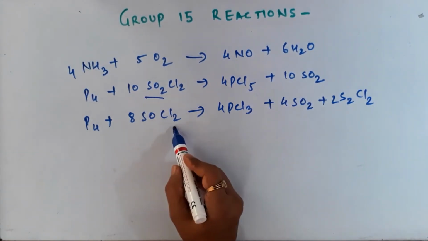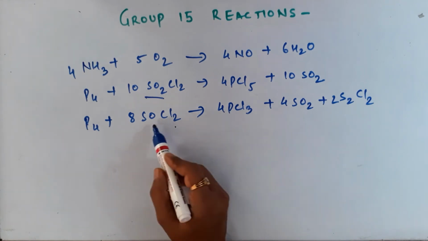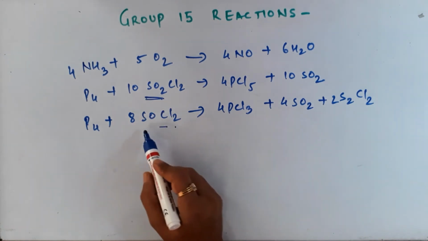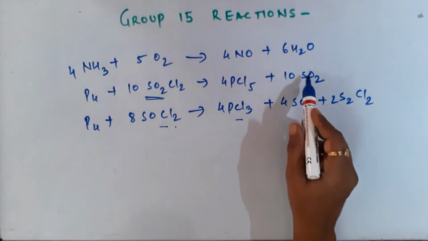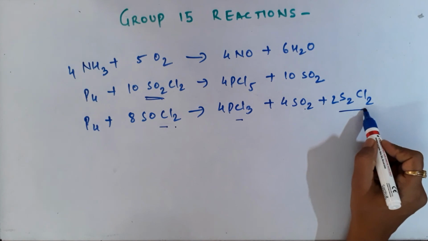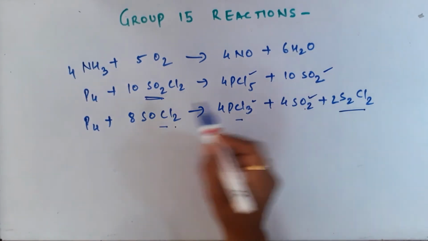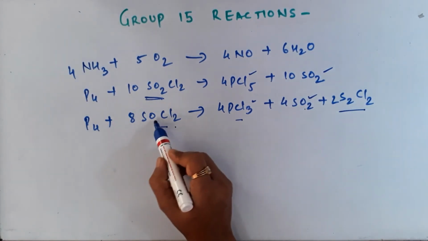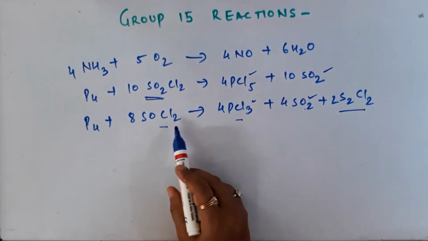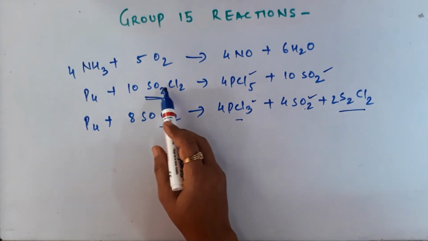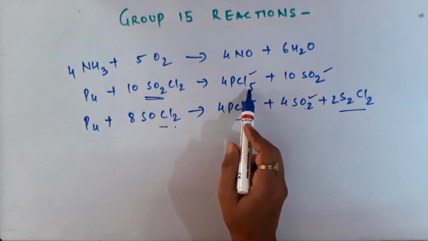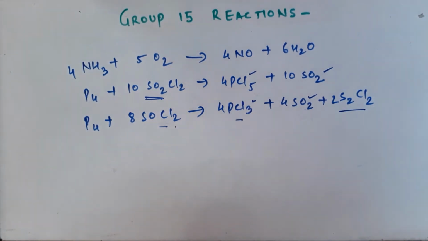And if you use sulfonyl chloride, look at this, sulfuryl, this is sulfonyl. So you will get PCl3 and the same product SO2 plus sulfur monochloride. So somewhat similarities are there here. SO2 is coming out. This is so easy for every child to understand. And here if it is SOCl2, the lower version you can say of this sulfur chloride, oxychloride, then you will get PCl3, and if you get the higher version, that is a lot of oxygen, then you will get PCl5 coming out from here and the other products. So these are all the reactions which I have completed today,